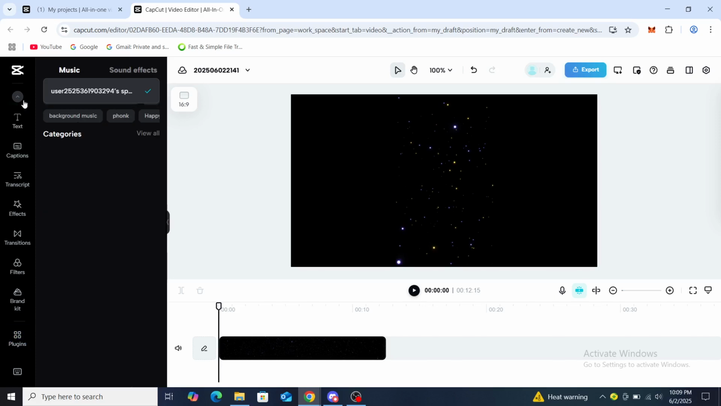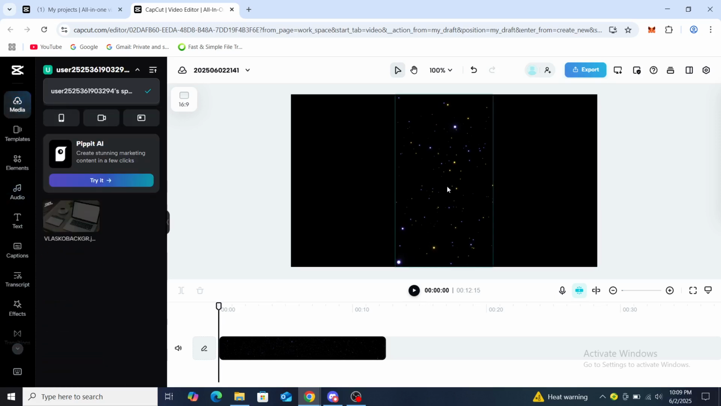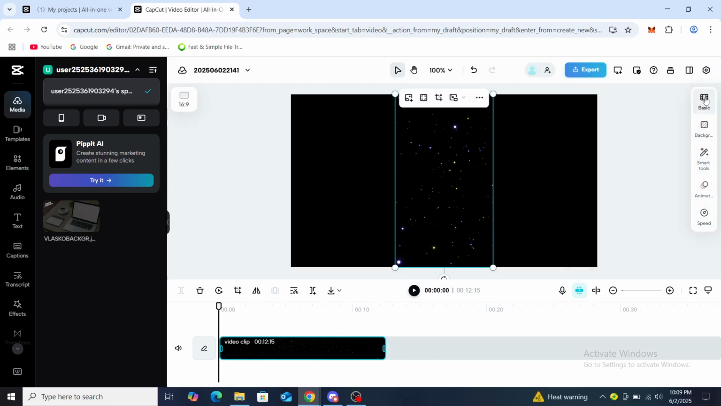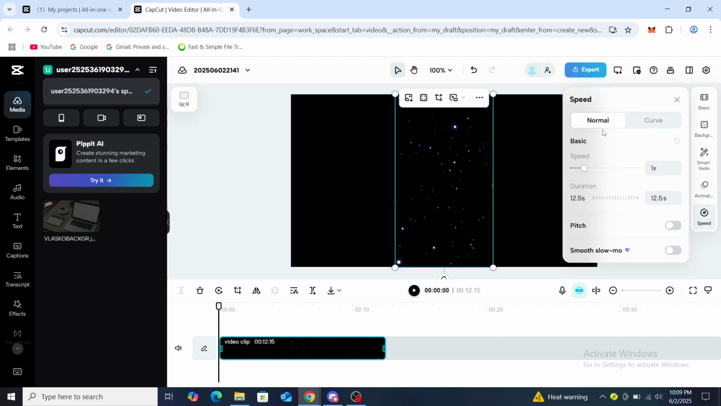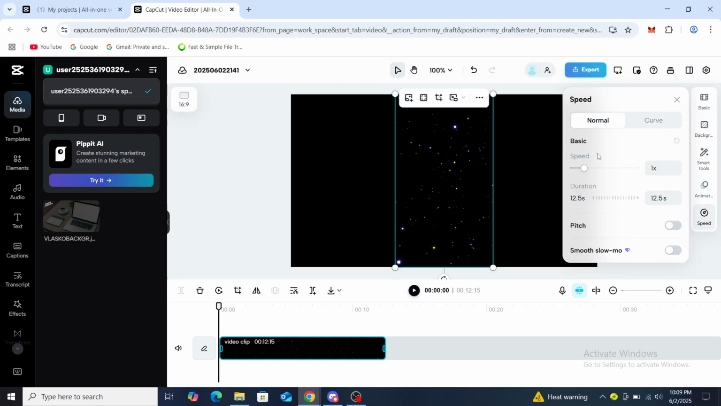So add a video to it. So if I go to here and add a video, you can see the video on here. So let's select this clip. On here you can see the options: basic, background, smart tools, animation, and speed. Click on the speed. You can see the curve, you can see normal, go to the normal things, and you